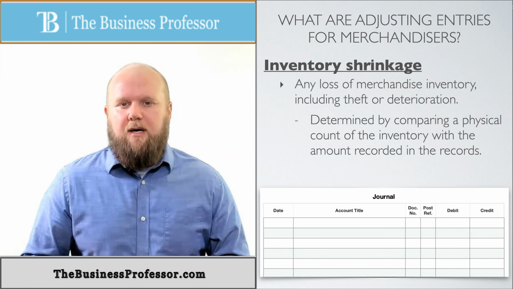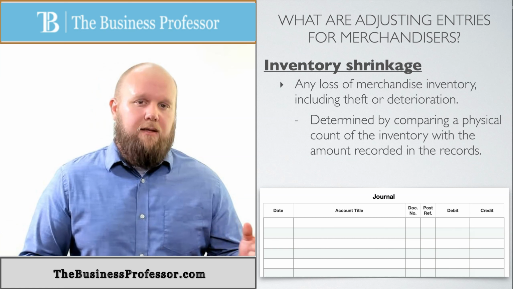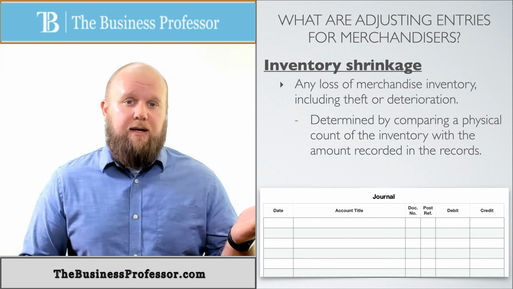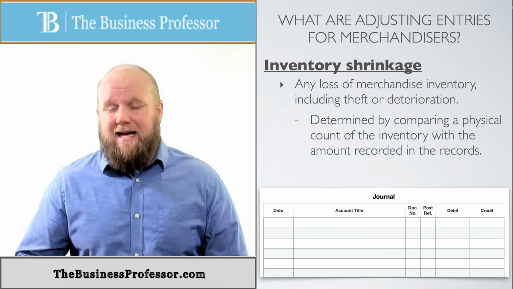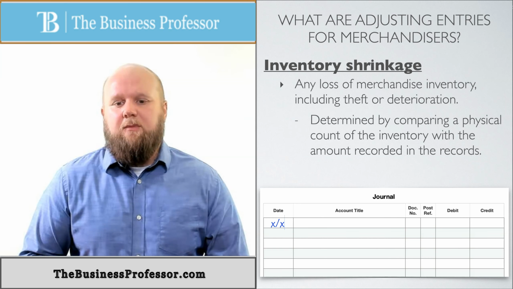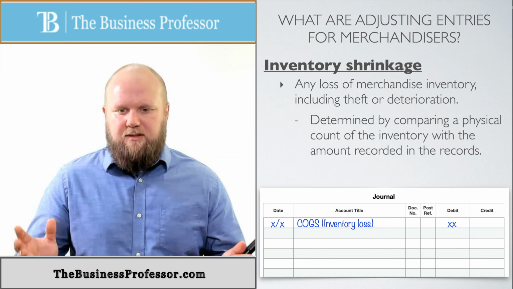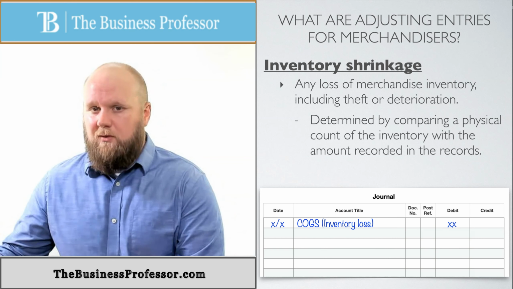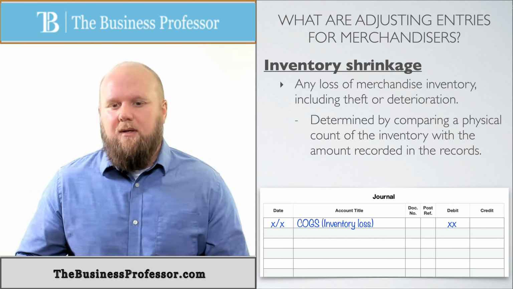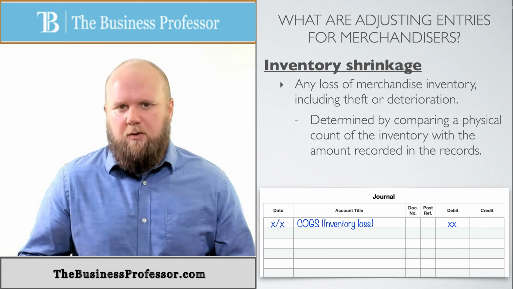But more times than not, when I take the physical count, it's going to be less than what's on my books. And so what I need to do is bring what's on my books down to what's actually on my shelves. The way to do that in journal entry form is I'm going to expense it using COGS, cost of goods sold, but I'm going to put these little parentheses to show, hey, this is not something that I sold. This is just the inventory that I lost, but I'm still expensing it because that's kind of the price of doing business using inventory, because I know I'm going to lose some stuff.